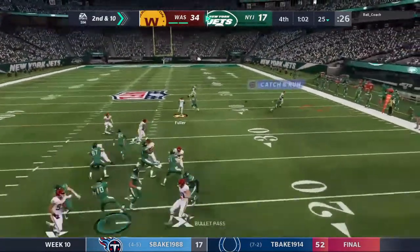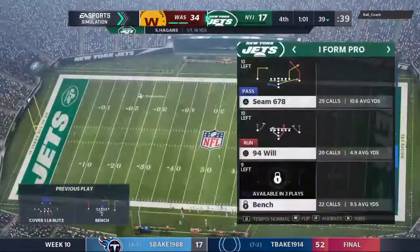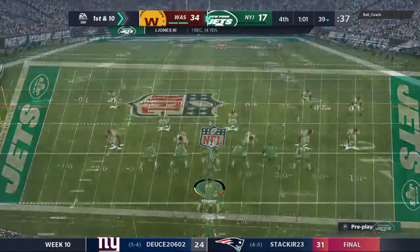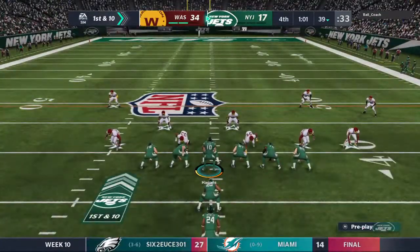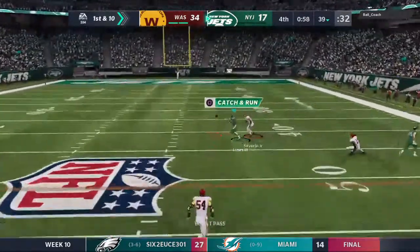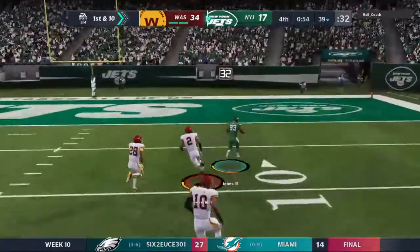And now a first chance for the backup here to throw. And he's got his man on the out route. And he's got this almost to the 40 before going out. So from the 39 now, they'll come up on a 1st and 10. Clock management definitely critical here if they want to get back in this game. Absolutely agreed. They have to up the tempo in this case, down a couple of scores. Want to make sure they have a chance to win the...